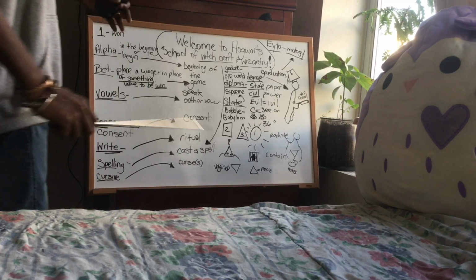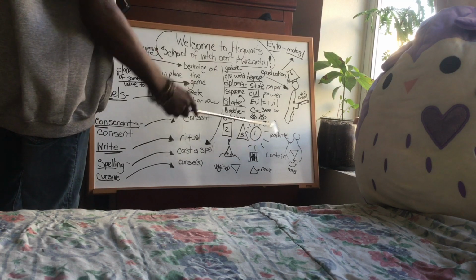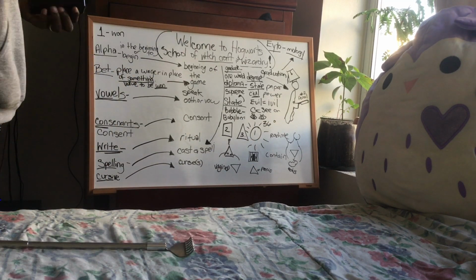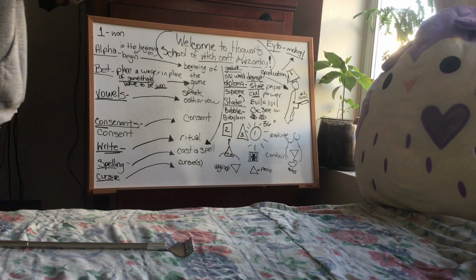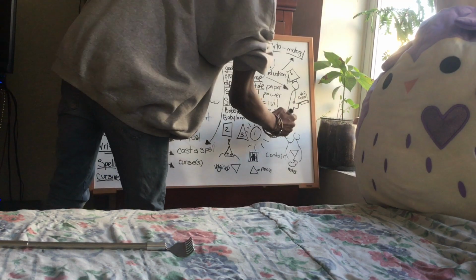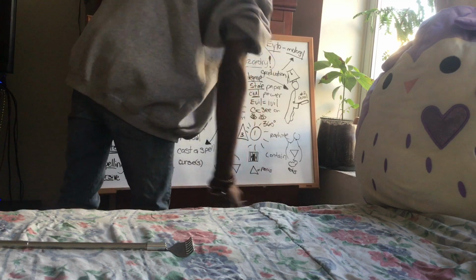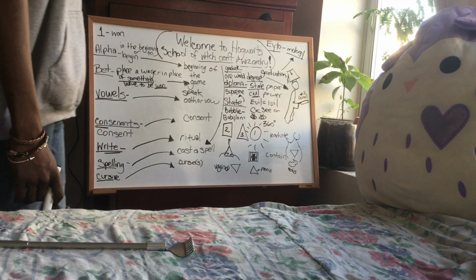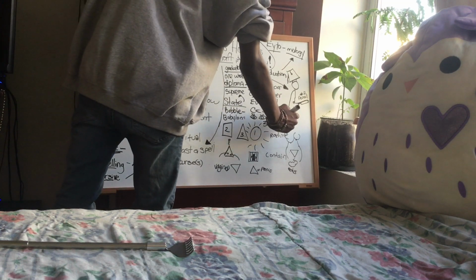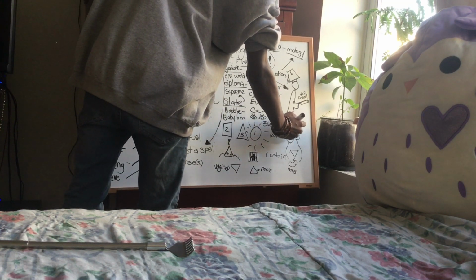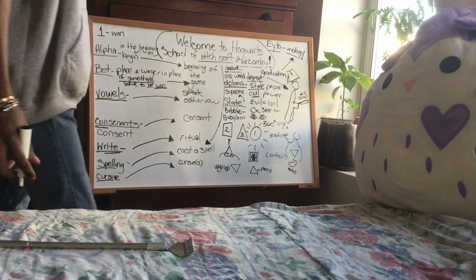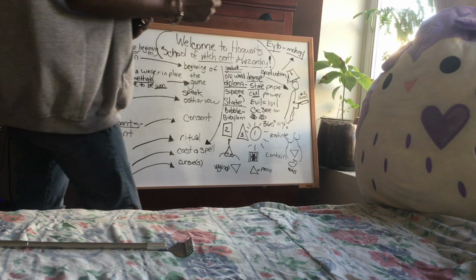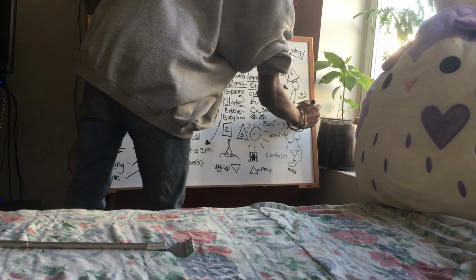The circle is 360 degrees. Now, why is it 360 degrees, not 460 or 160? 3 plus 6 equals 9. It's really 360, right? But you don't count the 0, because remember, the 0 is not a number. So 360 really means 9 degrees. Now, why is number 9 so important? Well, 9 represents life. It's the spiral.